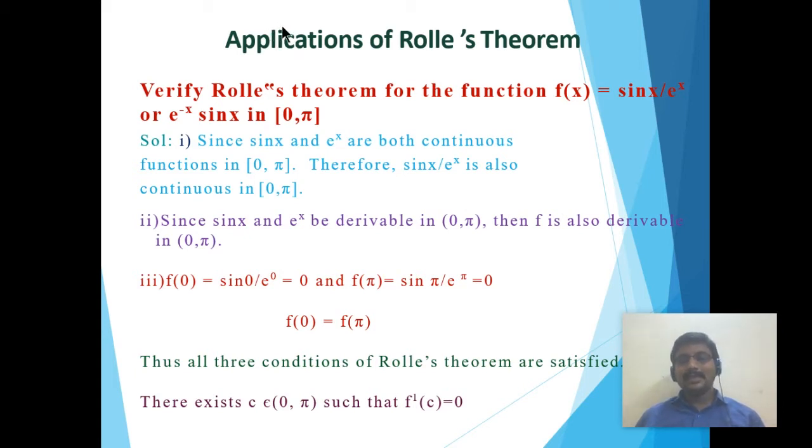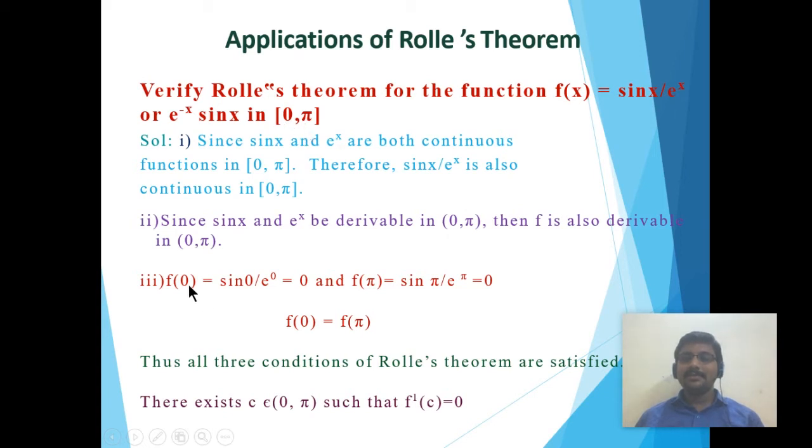Since sin x and e power x both are differentiable in the interval 0 comma pi. What is the derivative of sin x? Cos x, which exists in the open interval 0 comma pi. The derivative of e power x is as it is, e power x, which is also defined in the open interval 0 comma pi. So f is derivable in the open interval 0 comma pi, and we will have the endpoint functional values,